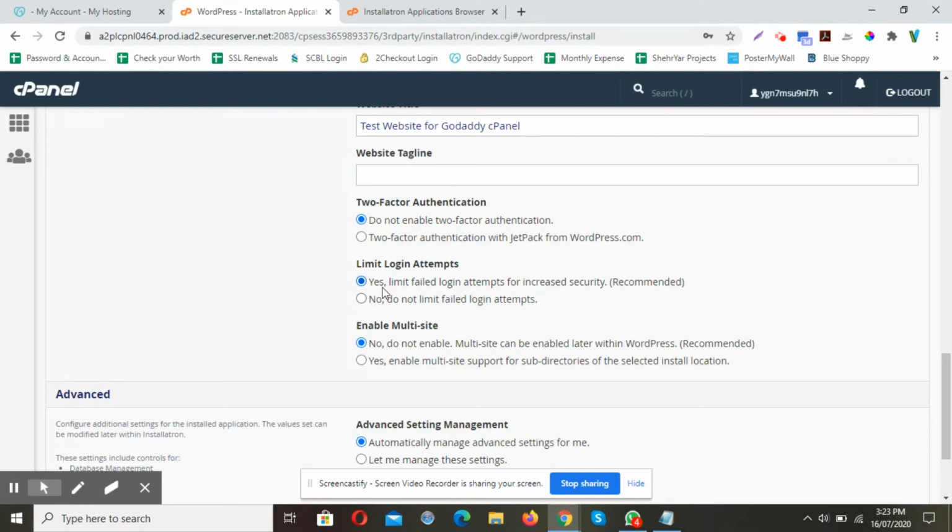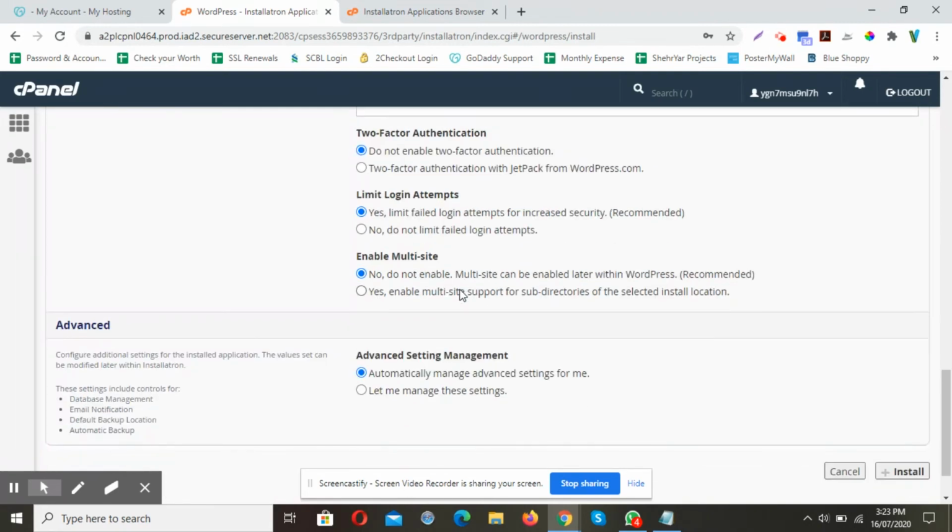So if a spammer or hacker is attempting some sort of hacking tactics on your website and trying to get into your website, this option can limit him. This option simply blocks their IP, and they can no longer access your website URL once they are blocked. Since this is not a multi-site, which is something else I will cover in a different video, I'm not going to enable it.